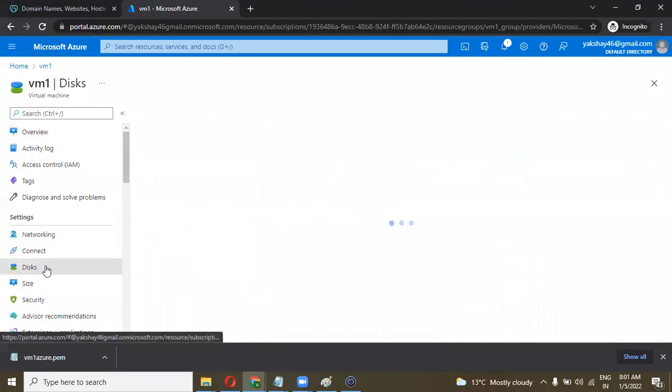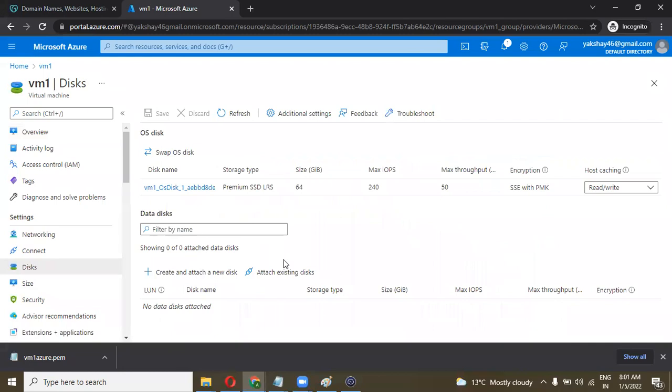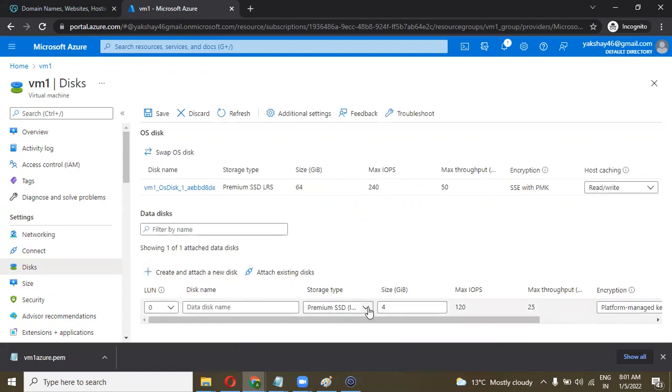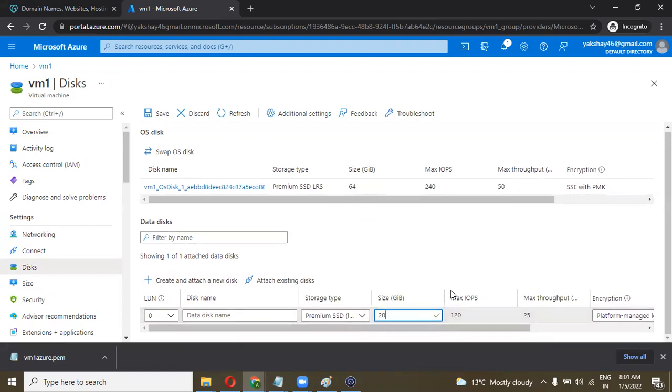Go to the disk and attach 20 GB over here. I'm going to attach a new disk, and I'm going to create 20 GB and save this.